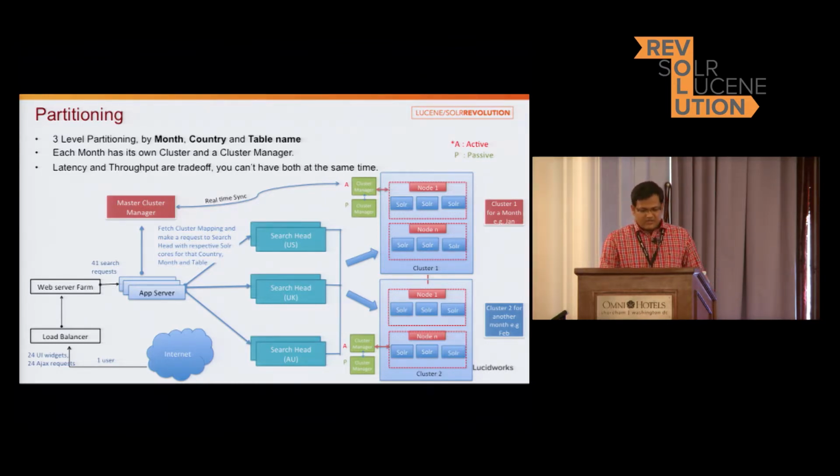Now coming back to the cluster manager. As I was saying, for each month we have one cluster manager. Basically we have 2, one active and another passive, and they keep replicating the data in real time. We use a ZooKeeper watcher. They keep pinging the machines, or running some queries, and if they determine that a particular node is down, it will automatically cut those machines from the mapping. Whenever there is any change, the master cluster manager also gets notified. Basically, the master cluster manager is the one that keeps talking to these multiple cluster managers and gets the data.